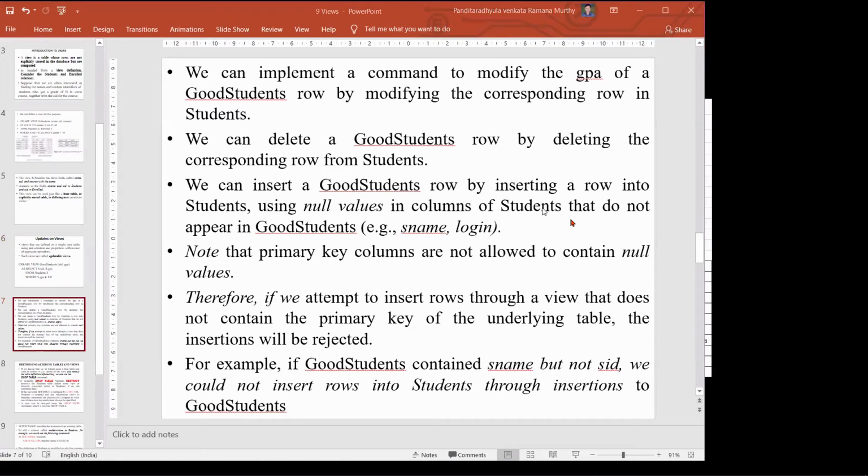I will explain the meaning of aggregate operators separately. The topic is different. But whenever you are inserting any data in the original table, or through the view, if you inserted anything in the original table, it automatically reflects here. But if you are inserting any data in the view, it must contain the primary key value of the base table.